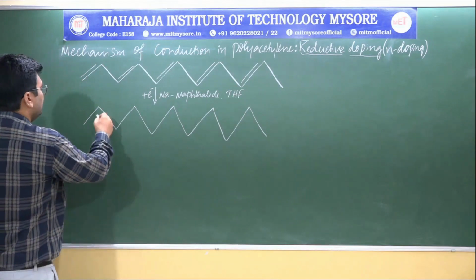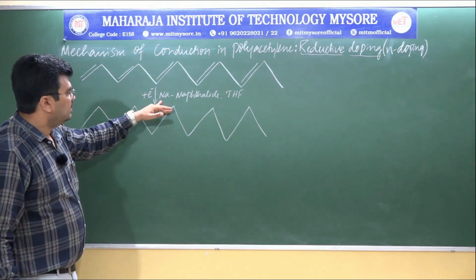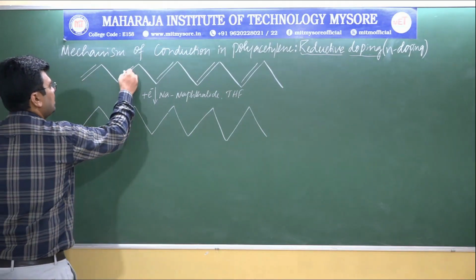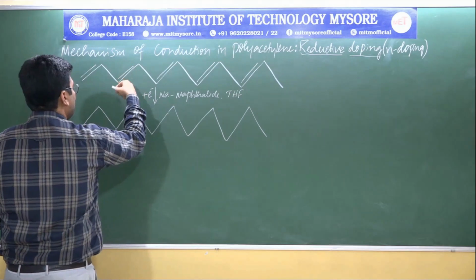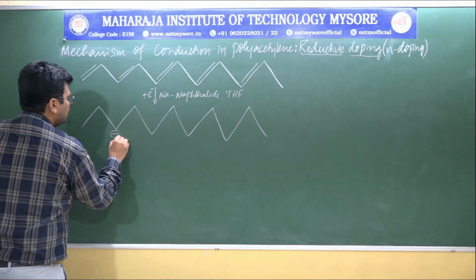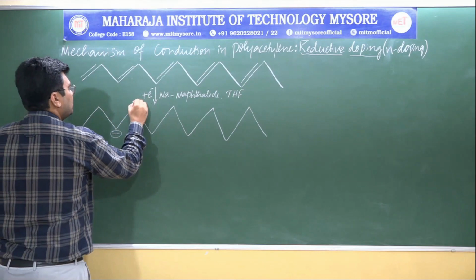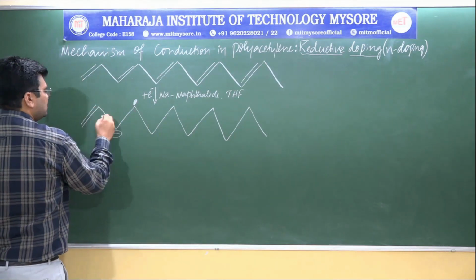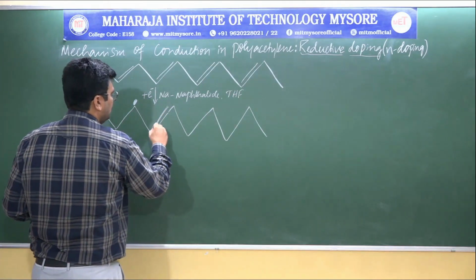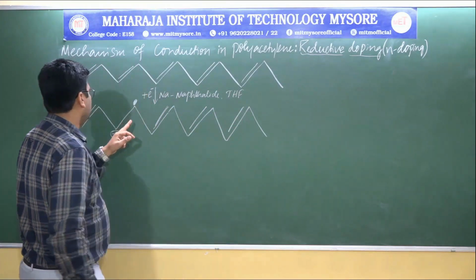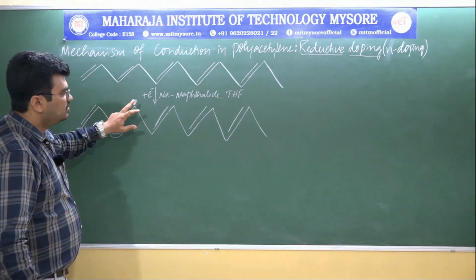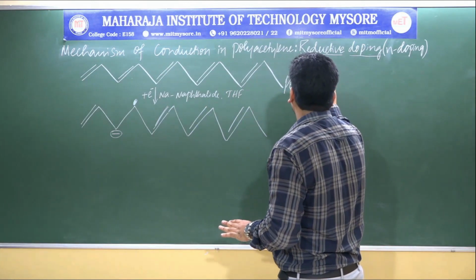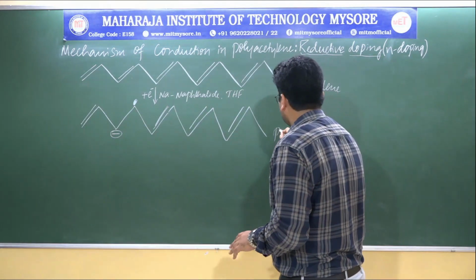So what happens when you are doing reduction, treating with a reducing agent? It will add an electron. So these electrons will come out and form a negative charge here, right, and this free electron will form a radical, right? So this particular state is called a polaron. As two charges are there, one is the positive charge, the other one is this one. So this is a neutral polyacetylene, right, and this is a polaron ion